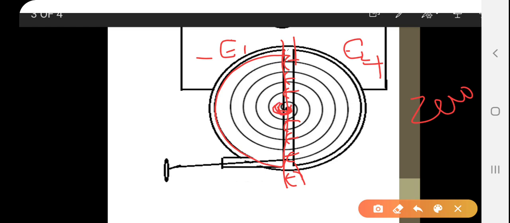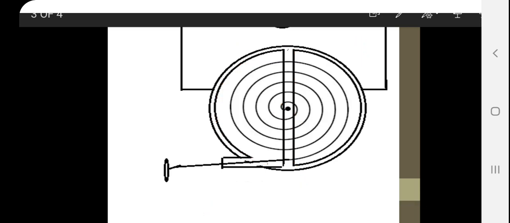The magnetic field provides enough centripetal force for the charged particle to move in the circular path. When this charged particle is about to exit the cylinder,